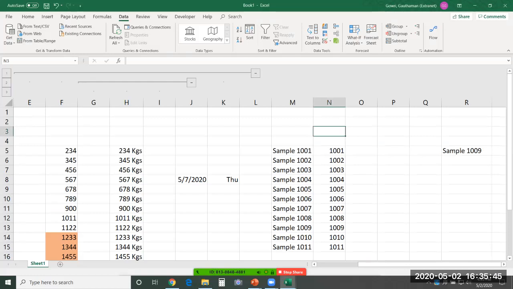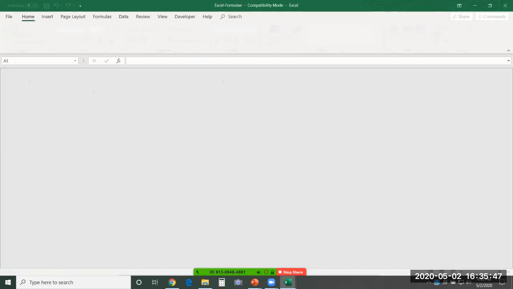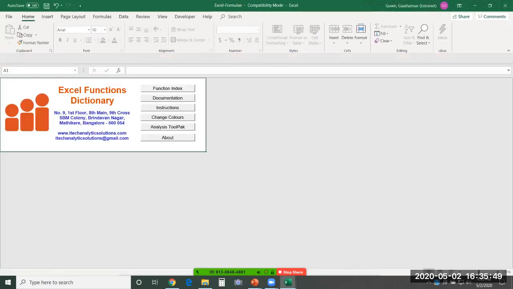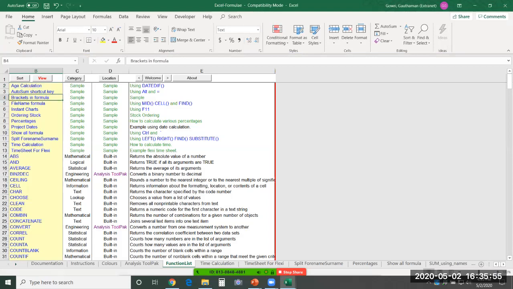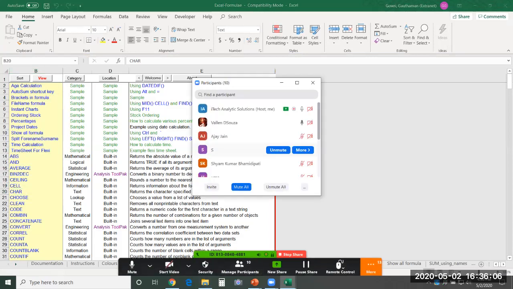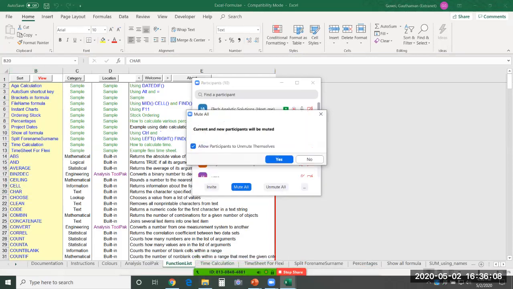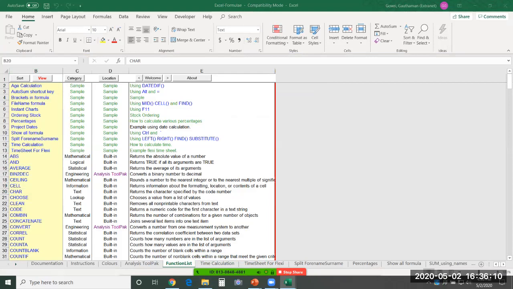Let me show you the file. See, these things will be taught to you. You can search for a particular formula by index, or you can sort it. So you can go here, choose any formula that you want, and click view.